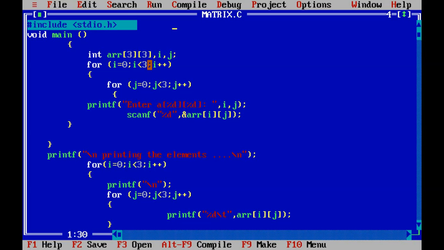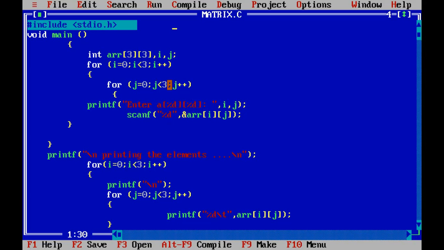Then these two for loops are for accepting values from the user. First i equals 0, then j equals 0, so it will display A[0][0]. Then, as we know the inner loop is executed first, j will be 1, and i is 0, so it will display [0][1], and the value entered in scanf will be stored in ARR[0][1].